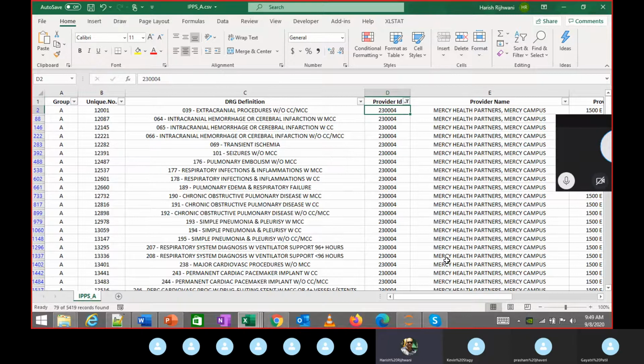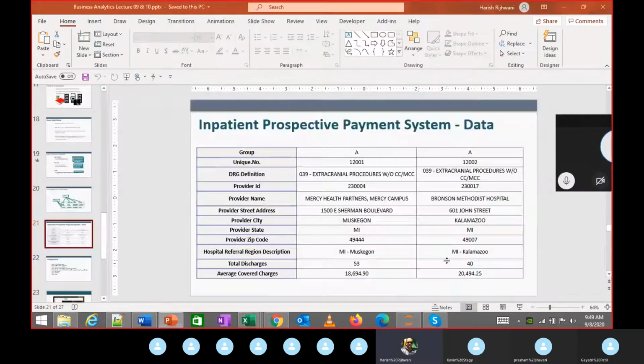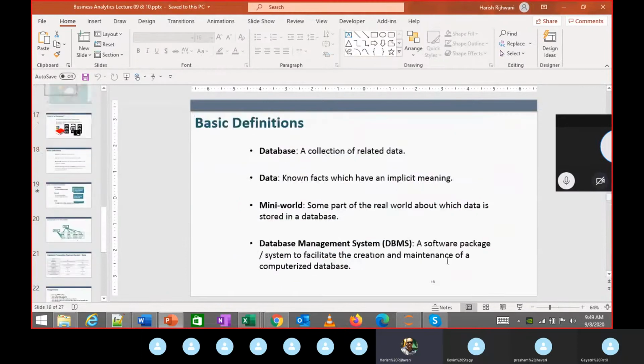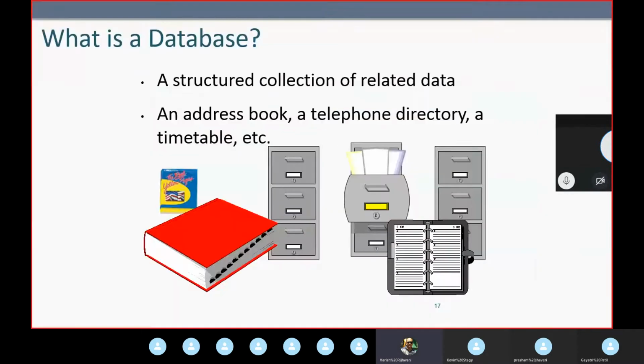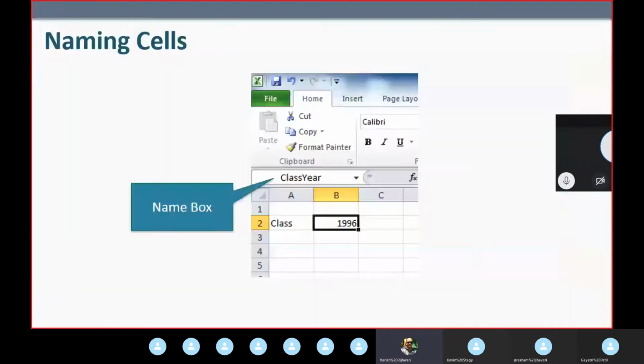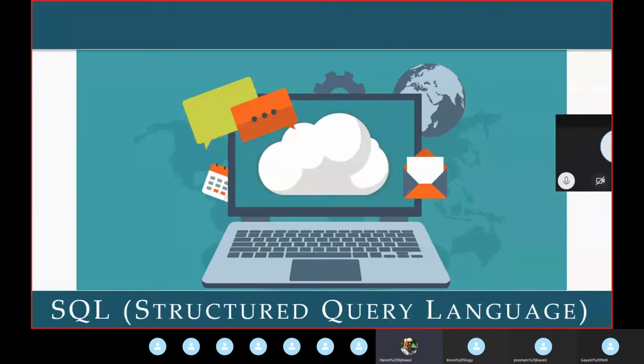When this happens, basically what I'm doing is trying to convert this data into something more logical. Instead of doing the filtering in Excel, you can use a language called SQL, Structured Query Language.